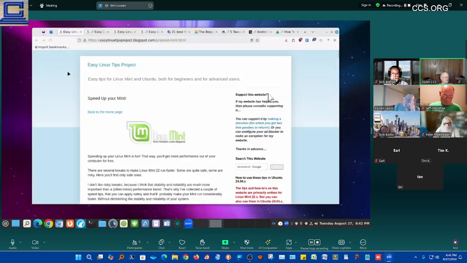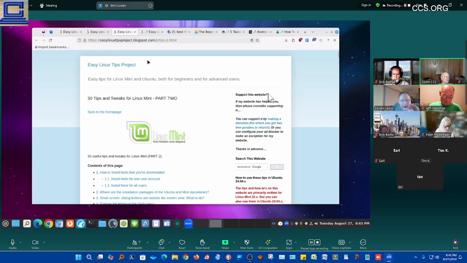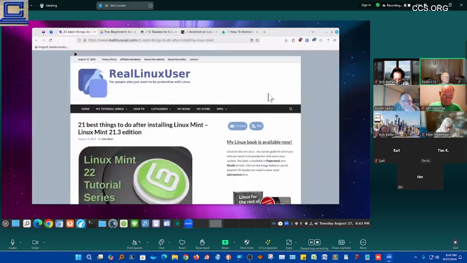Next up, this is an Easy Linux Tips project, and this is speeding up Mint, and it is actually 4 parts. So this one here is just speeding up Mint also in general terms, but this one gets into 50 tips to tweak for Linux Mint Part 1, Part 2, and Part 3. So this gives you quite a few things you can look through that might give you